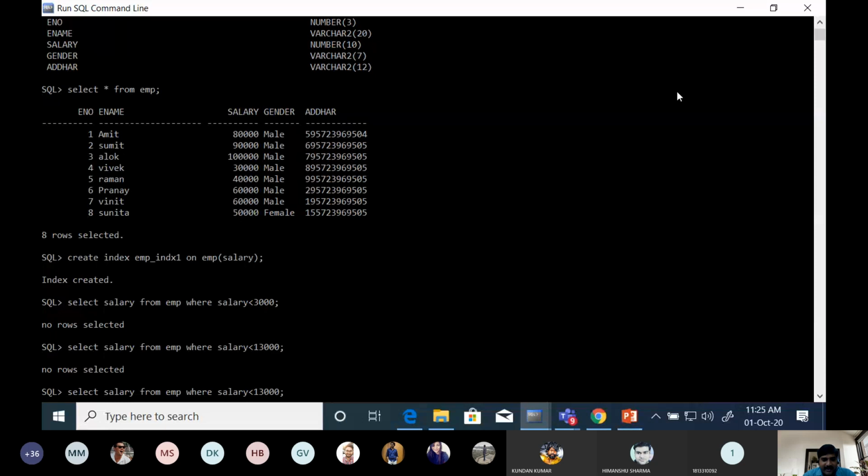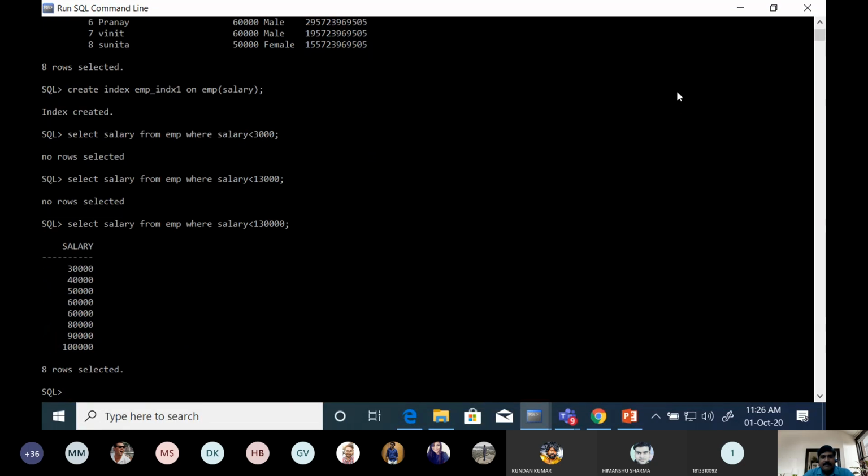Then here we will write 1,30,000. So the result will be the same without creating the index and with the index, because we are retrieving the information from the table. But if we create an index separately, then execution will be fast. Did you get it? Yes, sir.